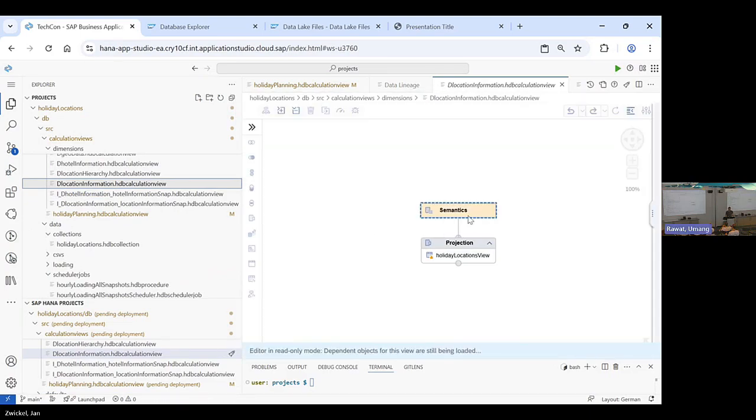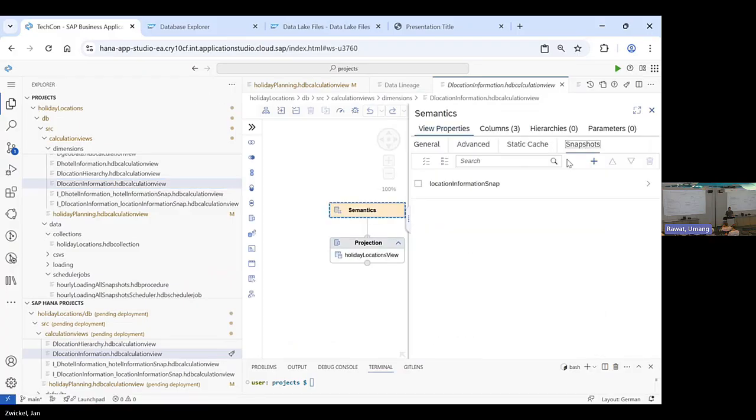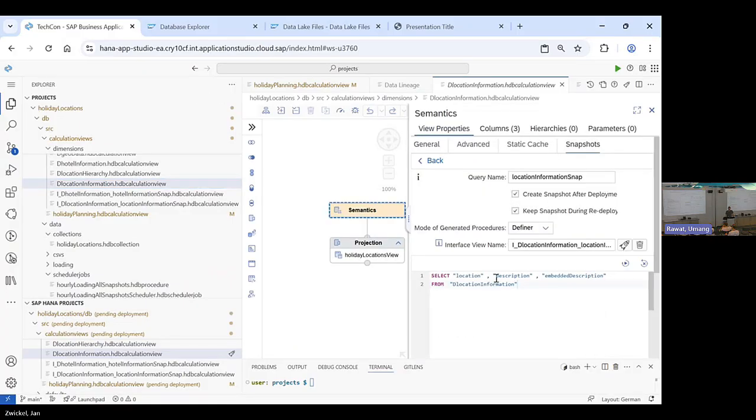So nothing special about this view yet, but we have created here a snapshot. It's simply a select statement on a query, on the data, on a calculation view, and we generated here an interface view. And if we look now at the interface view,